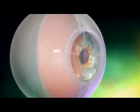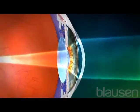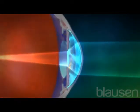Inside the eye are two fluid-filled chambers. The intraocular fluid, or eye fluid, is responsible for maintaining the correct amount of pressure inside the eye, which keeps the shape of the eye intact. This fluid is clear and watery in the front or anterior chamber of the